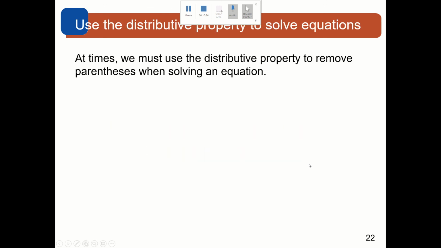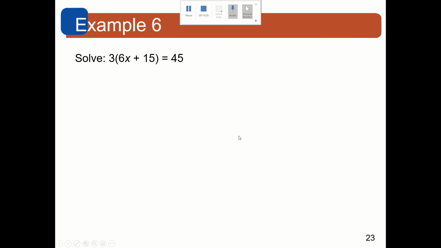Sometimes we'll need to use the distributive property to solve equations, such as this example where we have 3 times (6x + 15) equals 45. We actually have two methods for solving this problem. The first thing we can do is distribute this 3 in and get an answer. Or if you notice that this 3 is being multiplied by this whole section, you could actually start by dividing